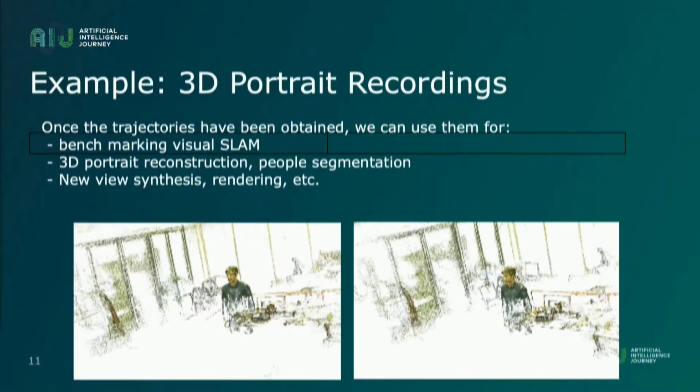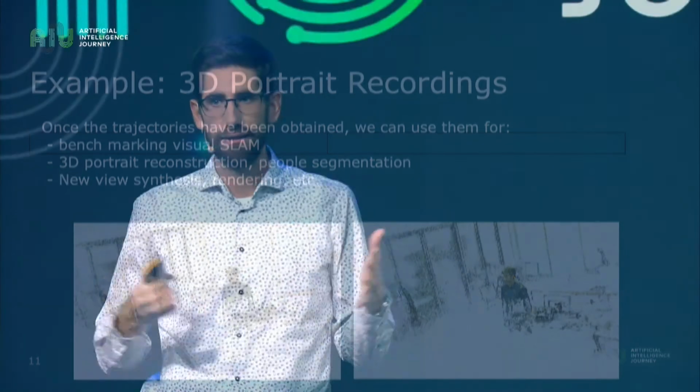Maybe an example of how we can use this, it's not really for robotics. Maybe we can use this just to represent scenes or 3D objects. Or maybe we want to synthesize or render portraits in other kinds of domains, right? So at the end, I think these technologies are not just exclusive to robotics. We definitely contribute here. There are other fields, computer vision and graphics, that also work on this problem.